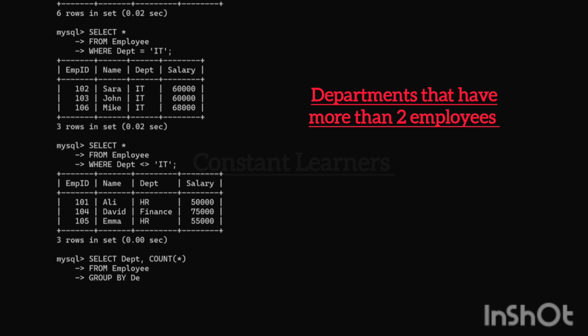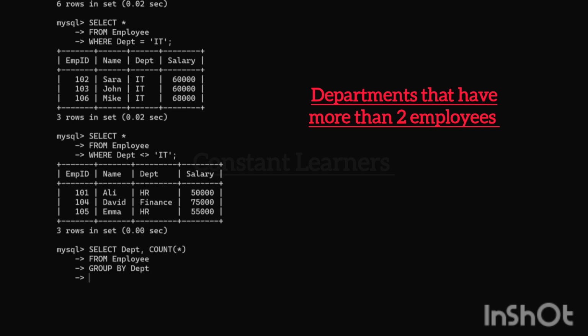Now what happens here is when we are using a counter, and we are using group by, the DBMS creates groups of similar data. Like here we are grouping by department. So every row that has the same department will be grouped together. Alright. So all the employees in the IT department will be grouped together and the count will be mentioned. If let's say there are 3 employees in the IT department, then count will be 3 and they will all be grouped together. If there are 5 employees in the HR department, they will all be grouped together and the count will be 5. Alright. So that is the purpose of using count along with group by.